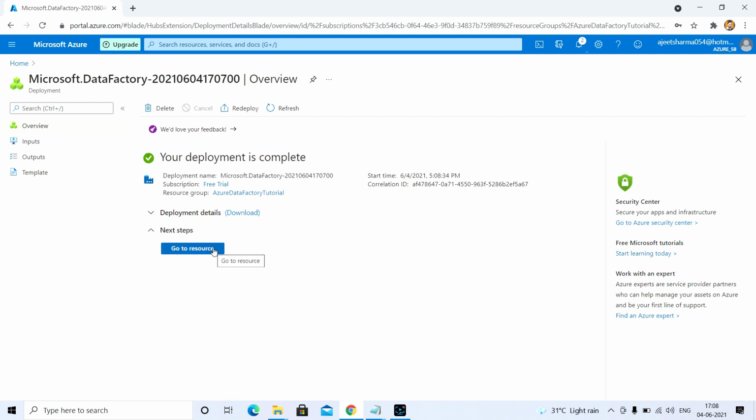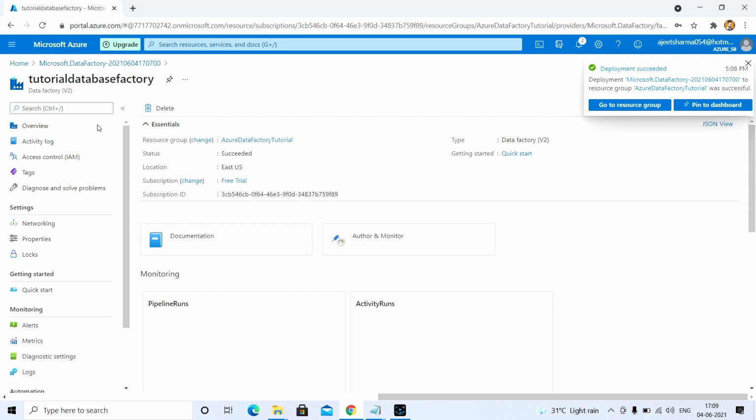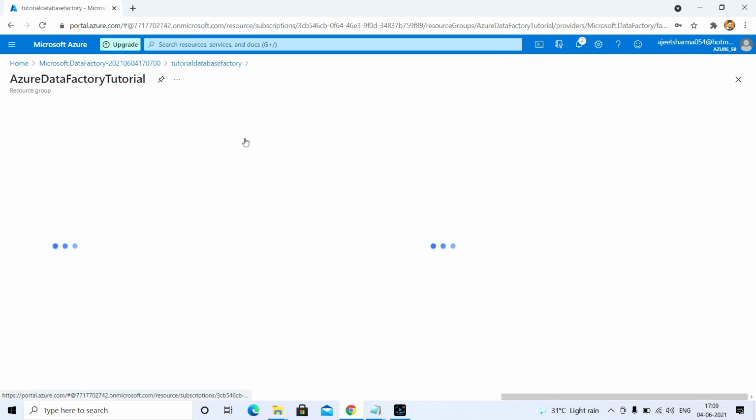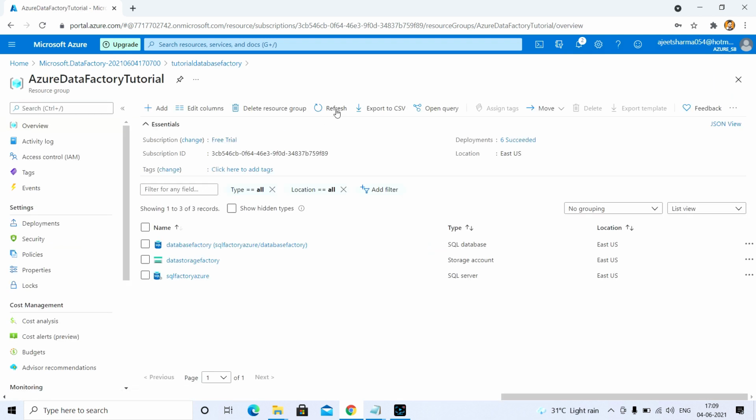So finally, my resource got deployed. I'm going to that data factory. Let me go to that resource group and check. As you can see here, the data factory is available.